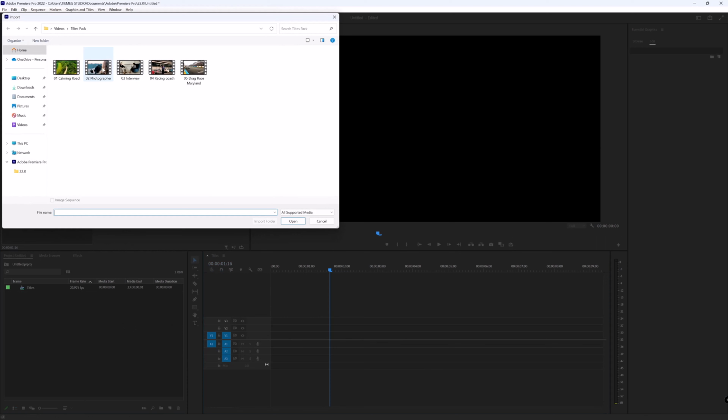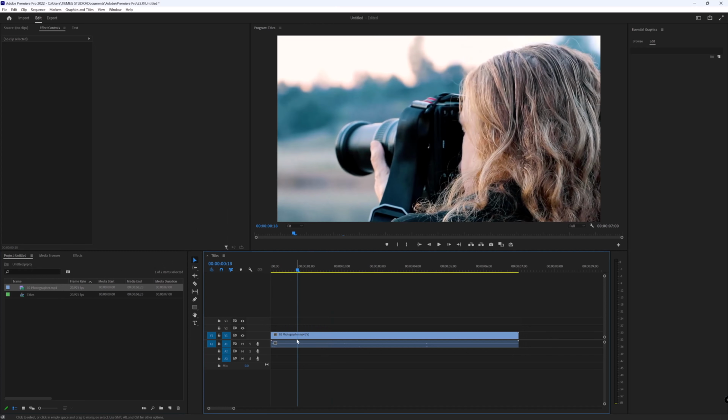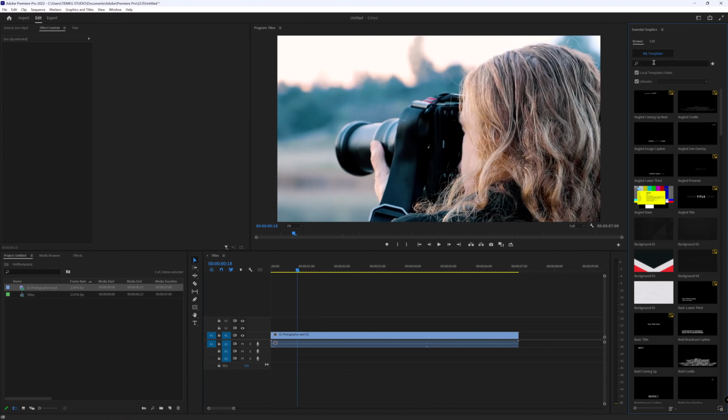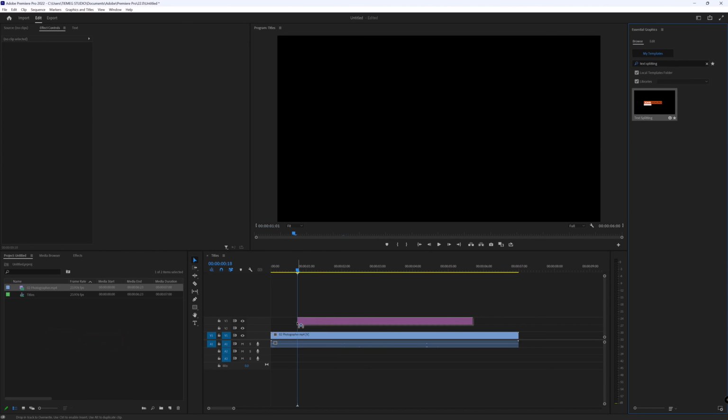Now that template is ready, let's get rid of it from the timeline and let's import some footage. I have this video of a photographer here. I'll bring it inside Premiere Pro and move it to the timeline. This is where I want the animation to begin, so I'll go to browse and type text splitting here. Now we have our text right here, so we can just drag it to the timeline